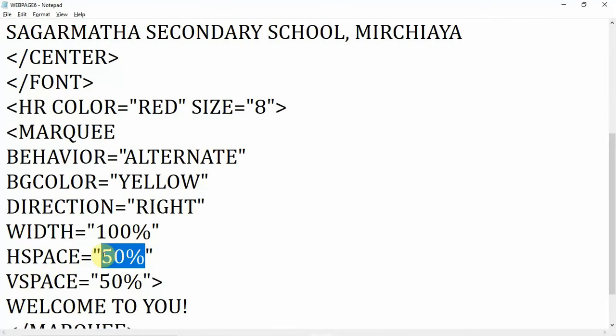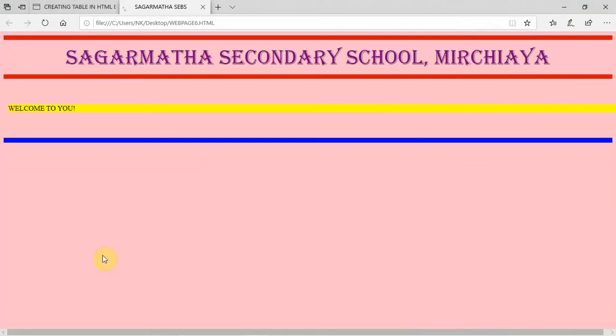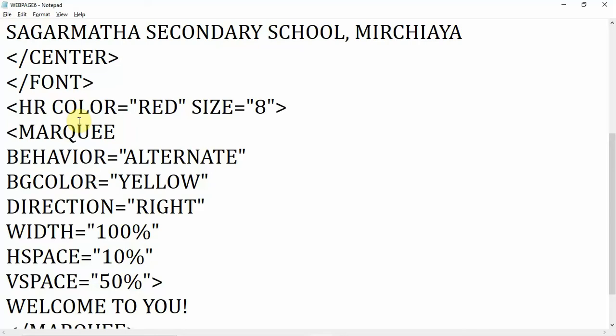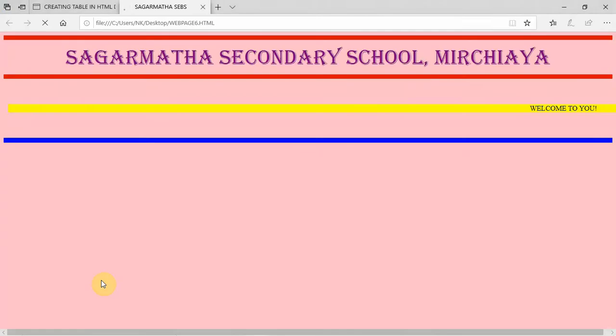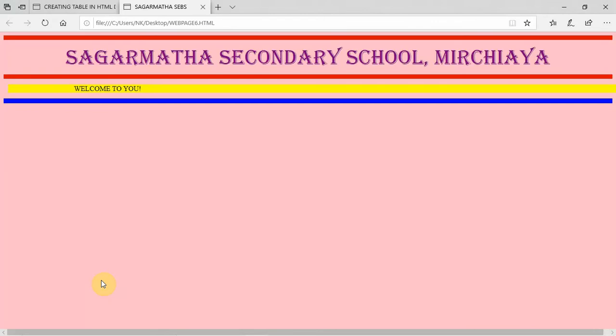Here I want to give only 10%, Ctrl+S. Now you can see the effect. So this way you can increase or decrease. If you want to decrease VSpace, you can decrease it, like I want to give only 5%, Ctrl+S. Now you can see the effect. So this way you can increase or decrease VSpace and HSpace, vertical space and horizontal space.